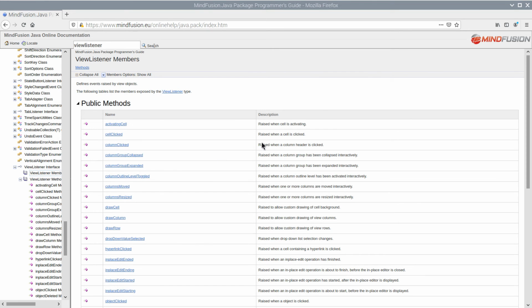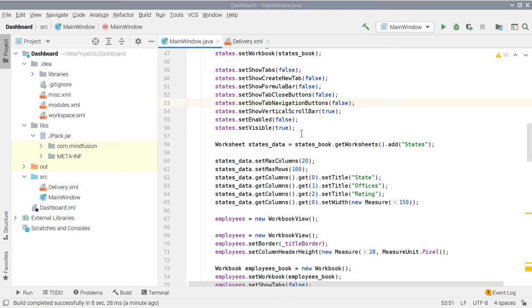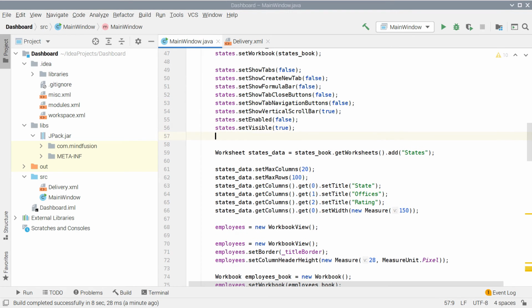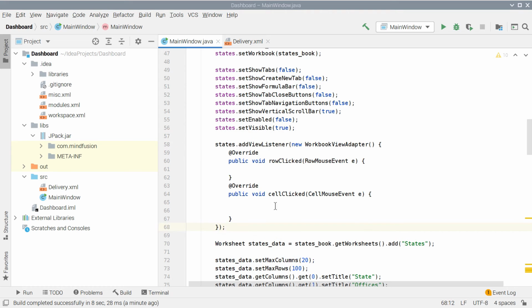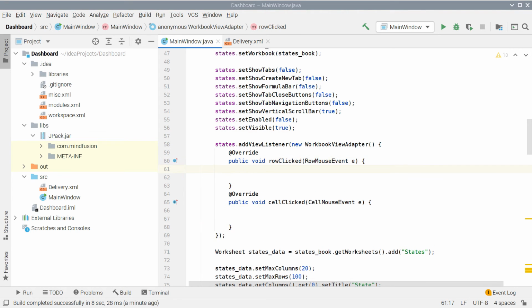We will handle two events, which are members of ViewListener. One is cell clicked and the other column clicked. We need to know which row was clicked. We can get the row index from the event data.